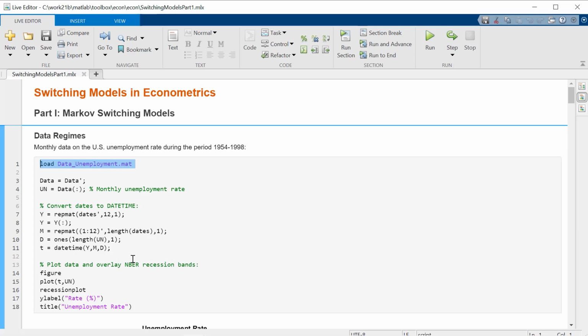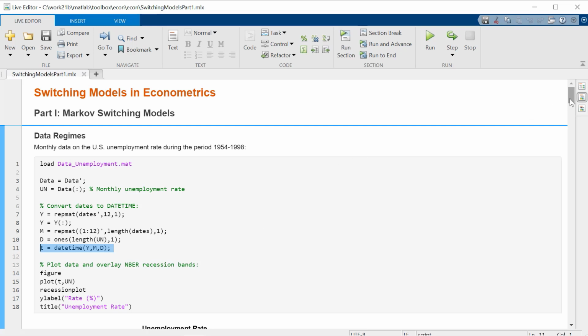So the second bit of code here, we're just taking those serial dates and converting them into what's called a datetime vector by extracting the day, month, and year from the data, and then using this datetime command to create a datetime vector. Datetimes are the preferred container for times and dates in MATLAB for doing any kind of arithmetic with the dates, or when you're creating plots like we will here, and you want to have a nice display of the dates on one of the axes.